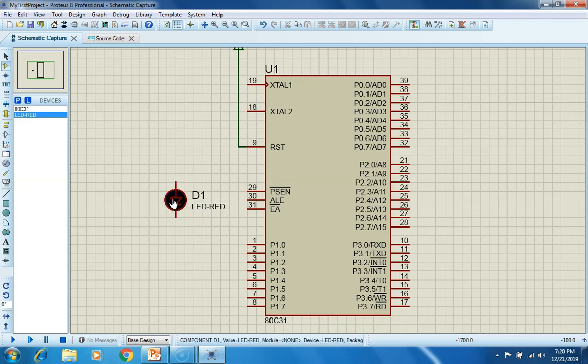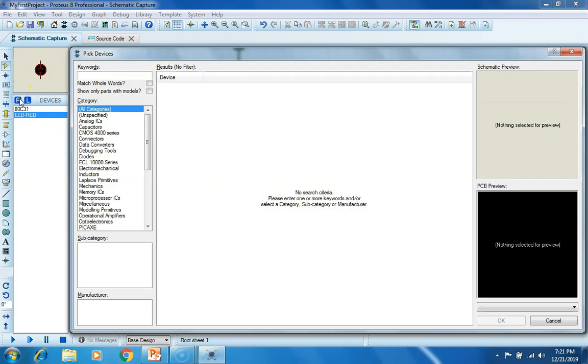In section 3.1, we wrote one program to blink the LED, and the LED is connected to pin 1.0. So connect it to pin 1.0. Go to the part list and select a resistor.